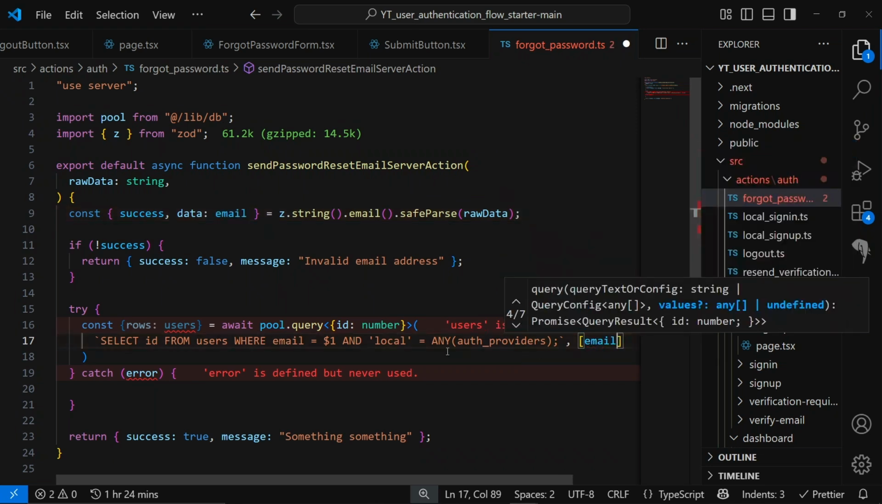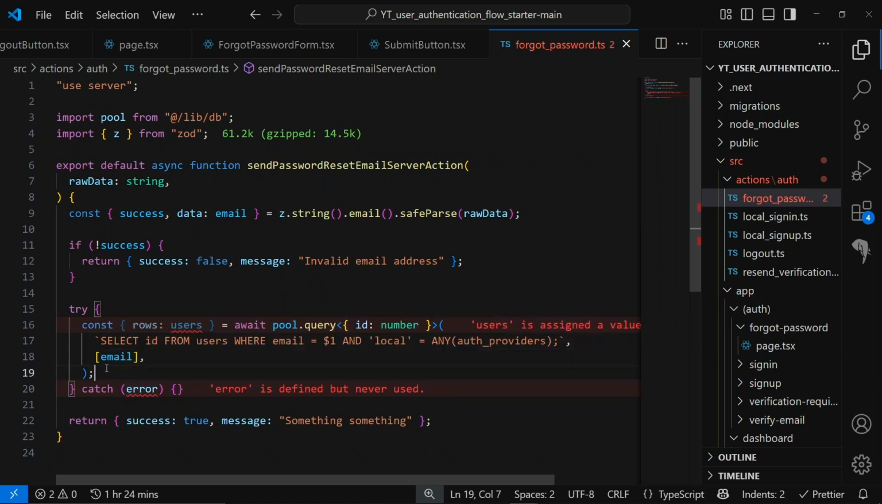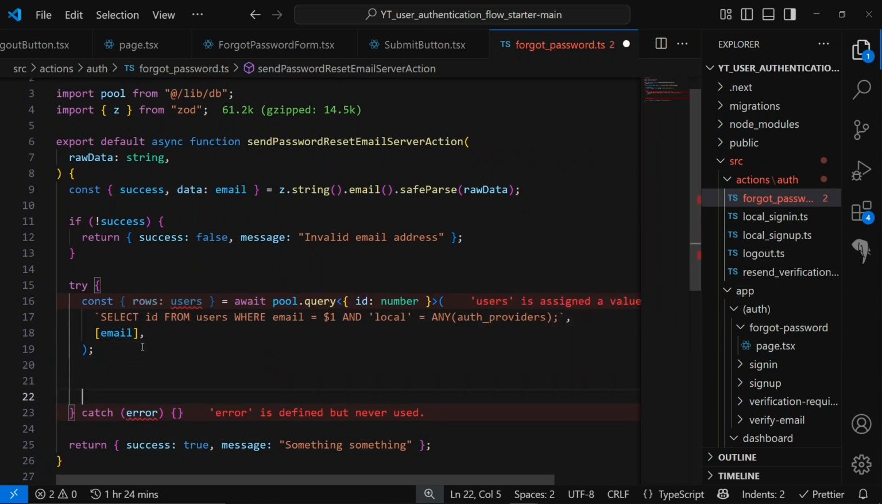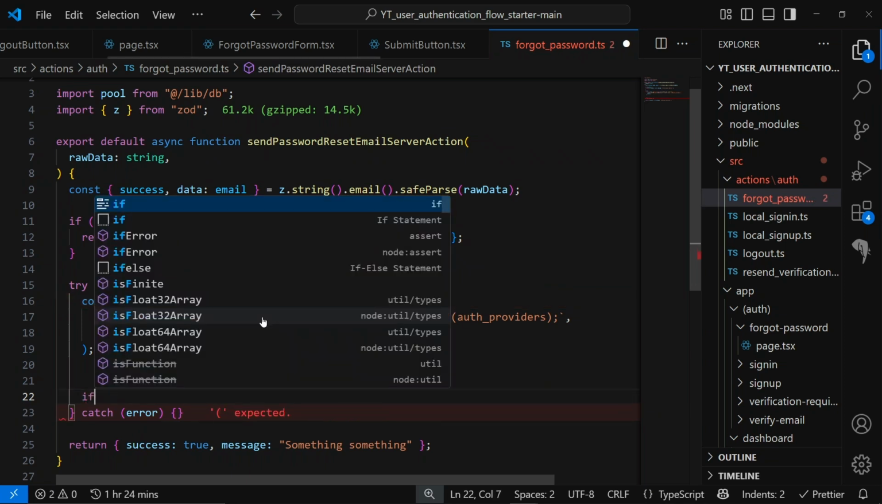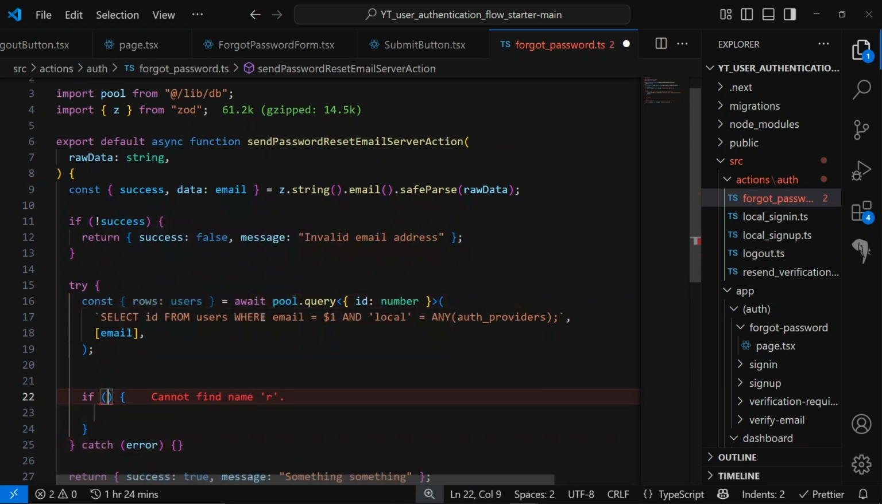Okay, so that works for that. I'm going to save that. So that is going to get the user for us, if there is a user with that email in a database. Okay, so first thing we're going to do after getting the user is to check if there is an available